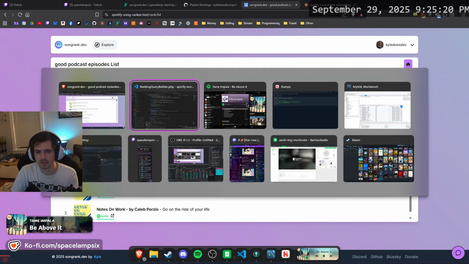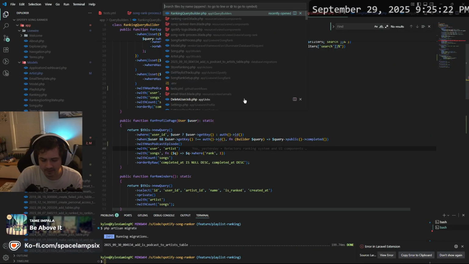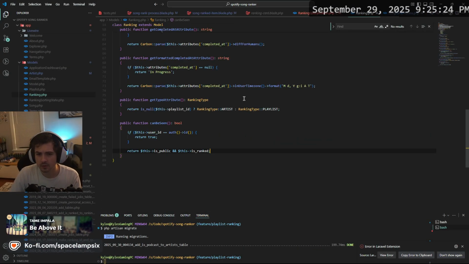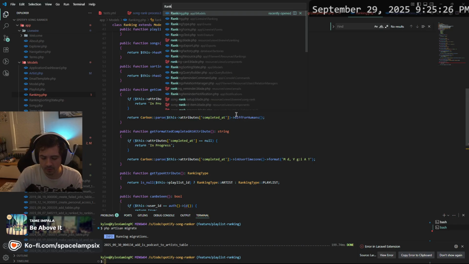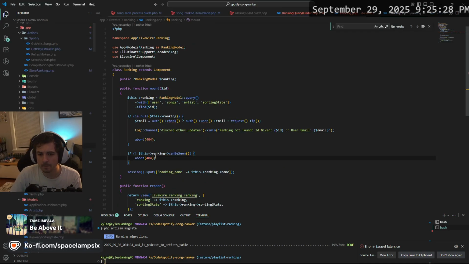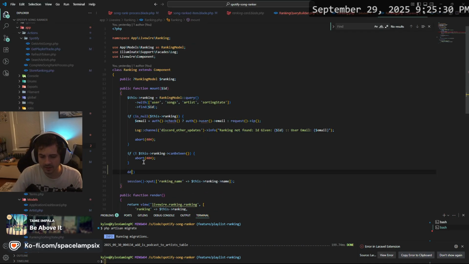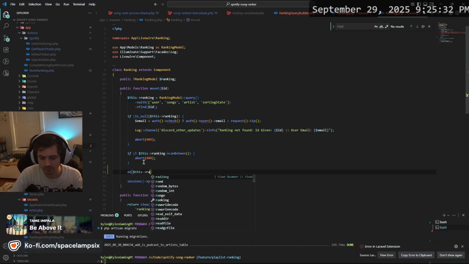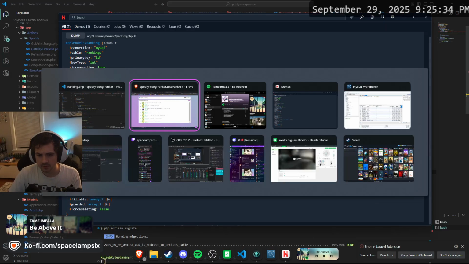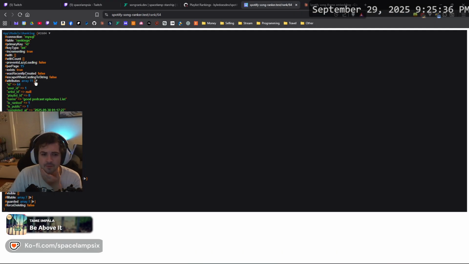Okay, and now on ranking, I need the component. I need to die and dump this ranking to see, does it have it appended? I don't think it's, yeah, what the fuck?